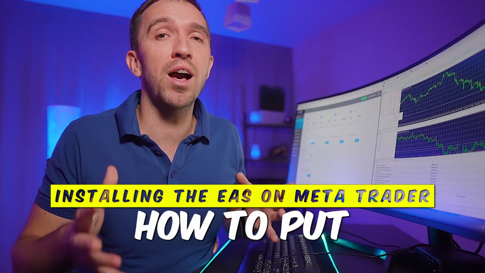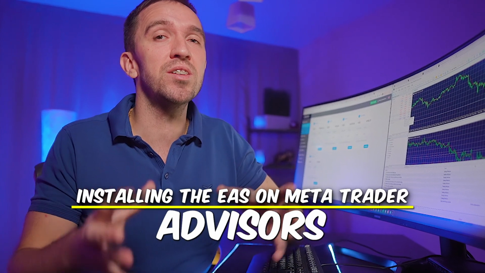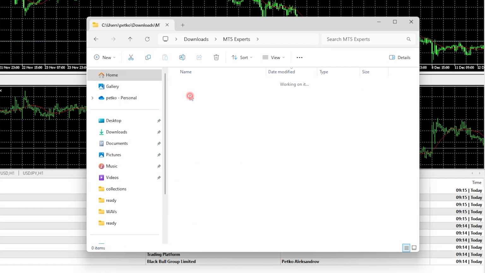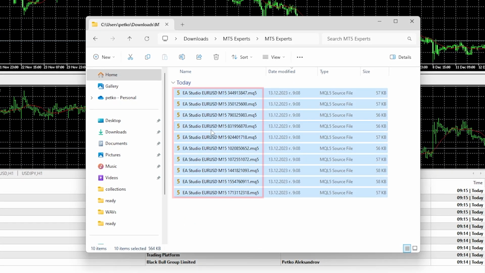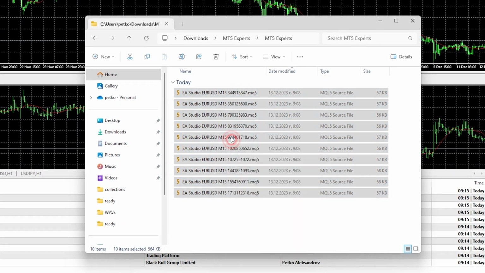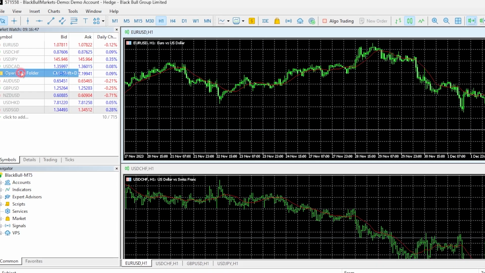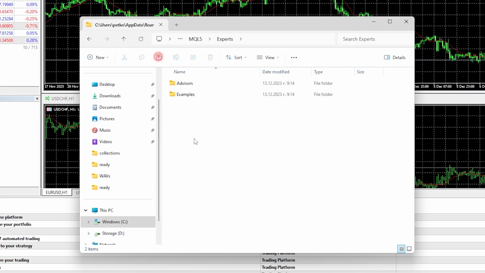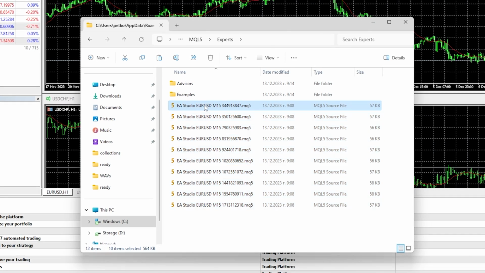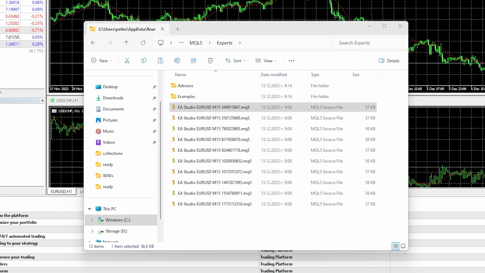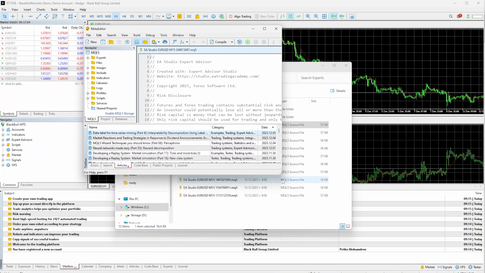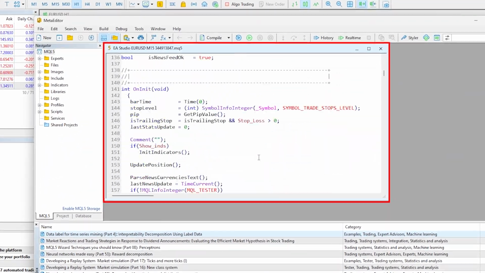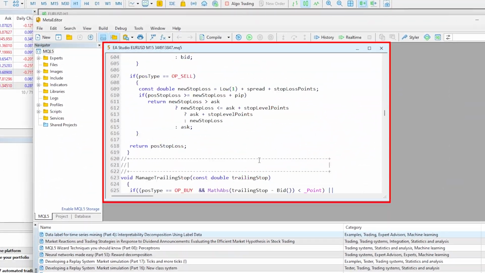So now I'll show you how to put the 10 expert advisors on MetaTrader. I will select the MT5 expert advisors. I'll copy them all and I will paste them in File, Open Data Folder, MQL5, Experts. I will drop them in here, but this is the source code of the Expert Advisor. If I double click on it, you will see that I can see all of the code behind the robot,